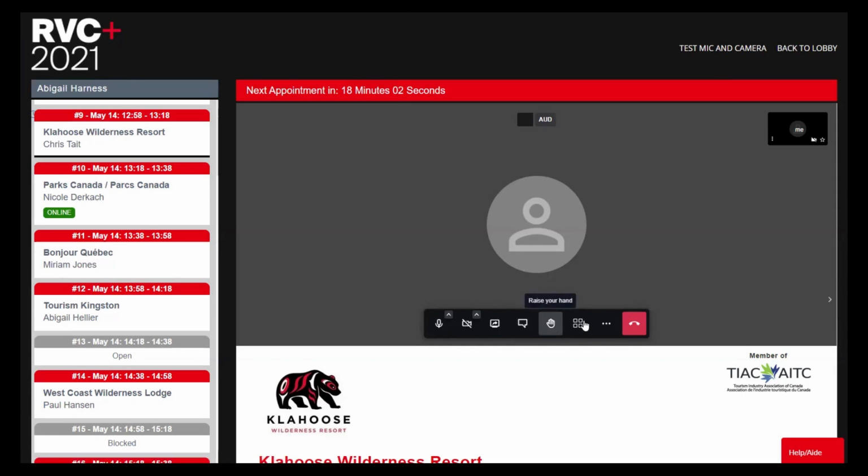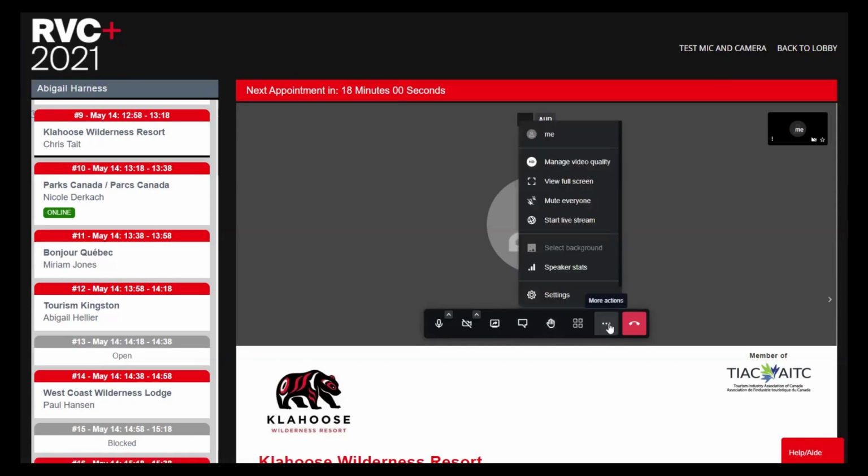There is a raise hand function. And then under more actions, you have a couple of other functions. At the moment, we do not allow you to select a background. It is possible that this feature will be enabled by the time you log in to take your appointments. However, it is only functioning on Windows-based. We do not recommend it for Mac platform, and we definitely do not recommend it if you're taking appointments in